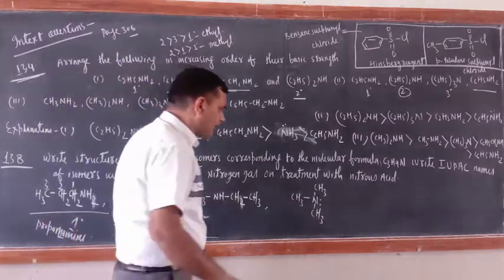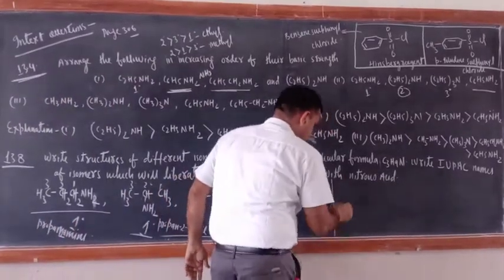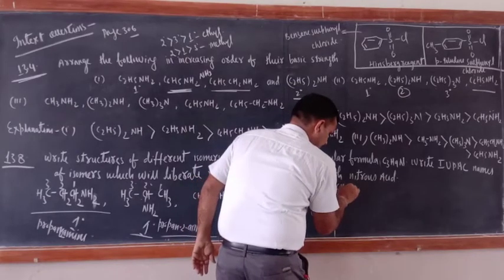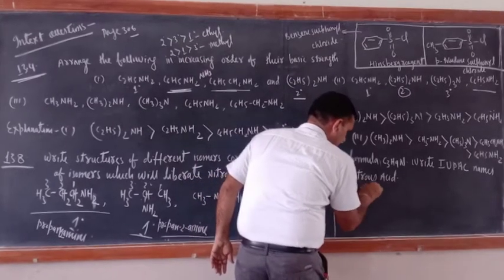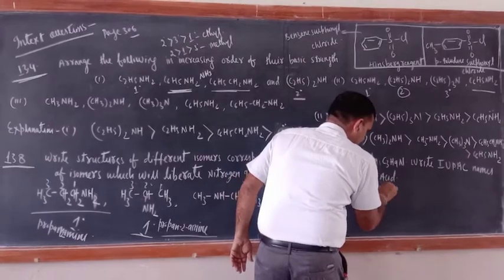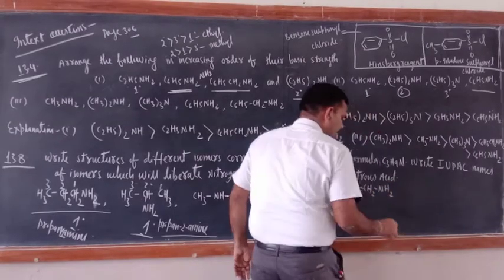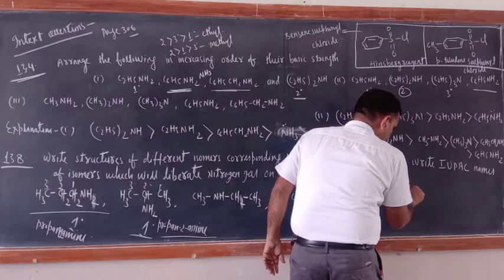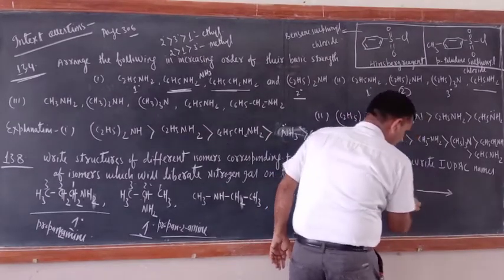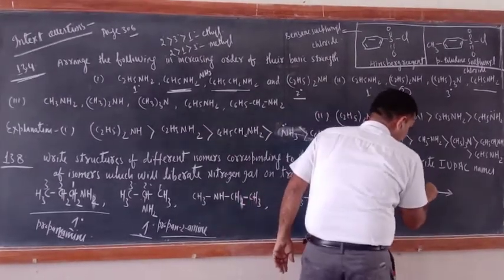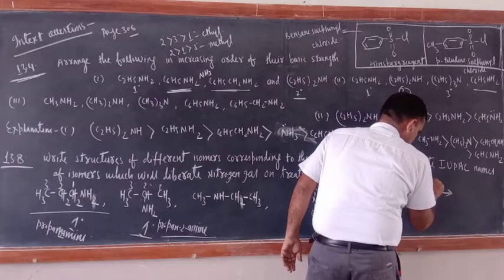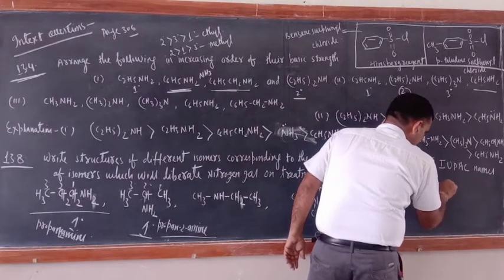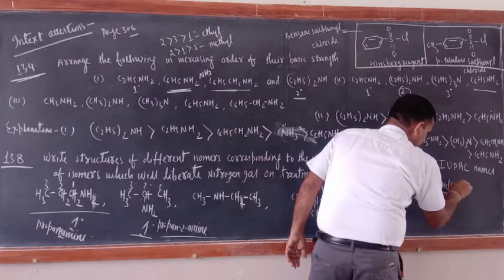Now if you want to write the reaction, that reaction can also be written. Just see, CH3CH2CH2NH2, their reaction with HONO. Okay, how you will get this HONO? When NaNO2 reacts with HCl in excess quantity.